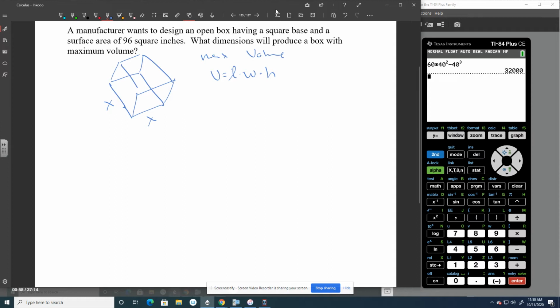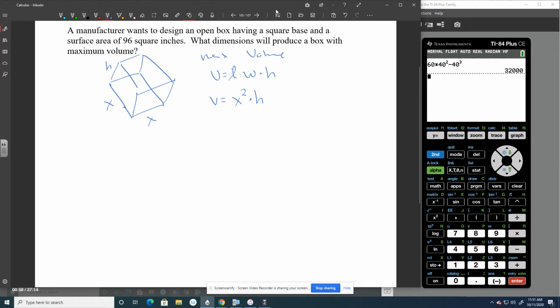In this case, my length and my width are the same. I called them x. So my volume is just x squared times the height of my box, which I don't know what the height is. But this is what I'm trying to maximize. Obviously, I have another variable, this height, that I need to get rid of, or I can get rid of x. I think the height's going to probably be the easiest to get rid of. But to do that, I need another